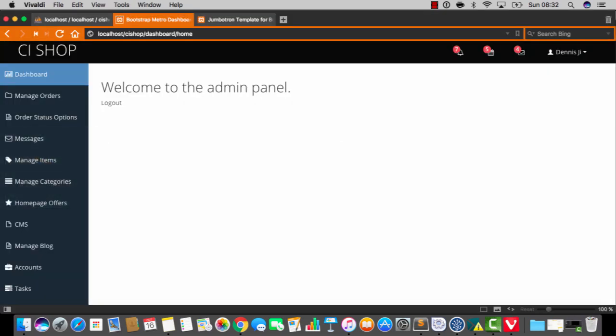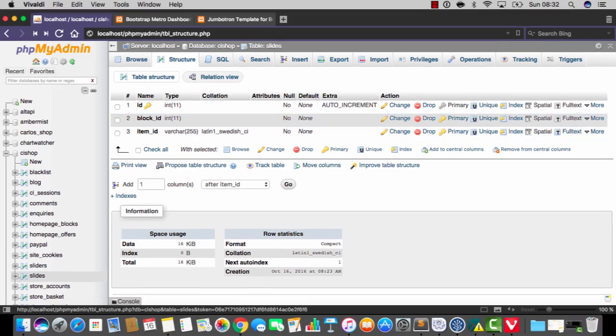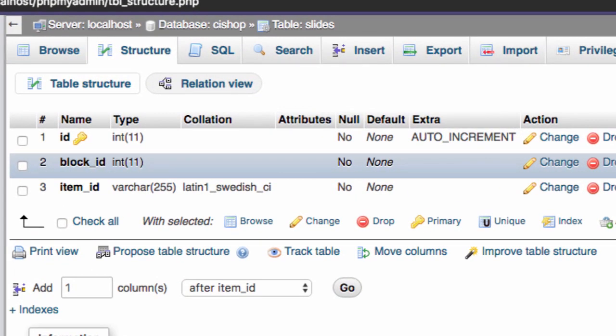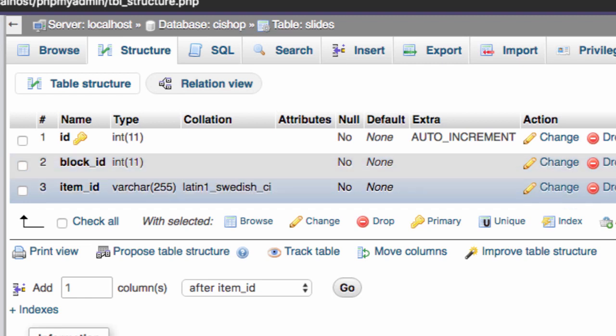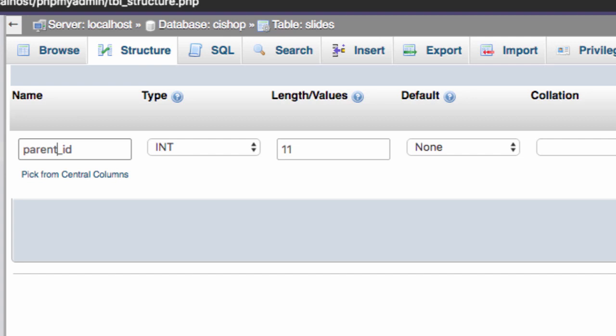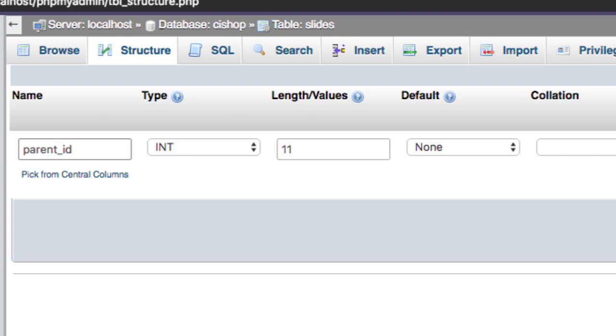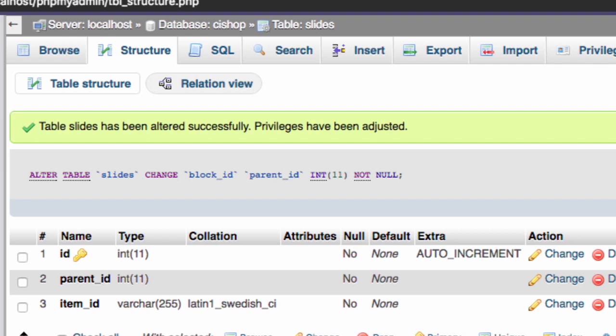Now, this is probably a good time to have a look at the database here. If we have a look at the slides table, it probably looks something like this. So it's probably looking like homepage offers, basically with a different name, okay? So I'm going to do just a few tweaks. The first thing I'm going to do is change block ID so that it says parent ID, okay? And this is going to refer to the slider that these different slides belong to, okay? I could have kept it block ID, but I think parent ID is a more generic name, and it's going to make this module a bit easier to tweak and reuse